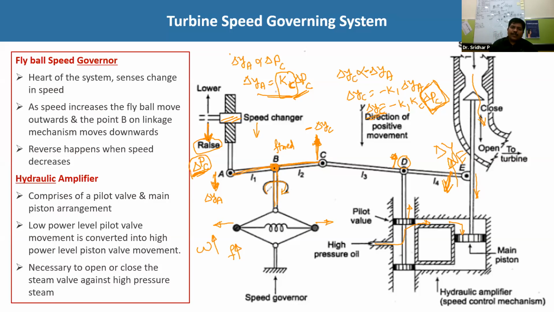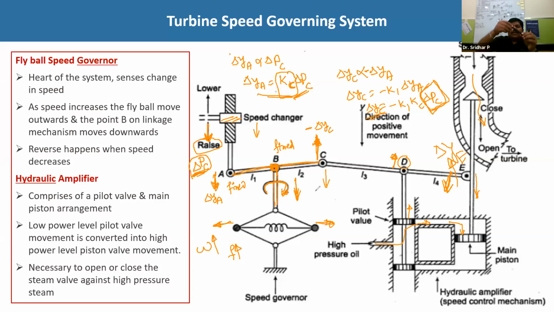Now whenever the generator speed increases, this particular spindle rotates at high velocity. Whenever the spindle rotates at high velocity, these two fly balls will be moved outwards. Whenever these two fly balls move outwards, then this point B will be pulled in the downward direction. Suppose in that case we are not going to take any action of this. Let me assume A is fixed and B and C are variable. If B is pulled in the downward direction, then C also moves in the downward direction.